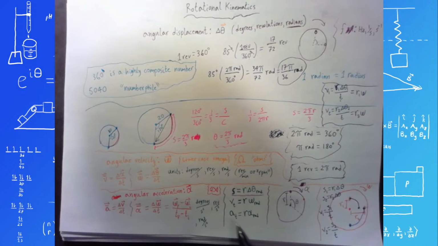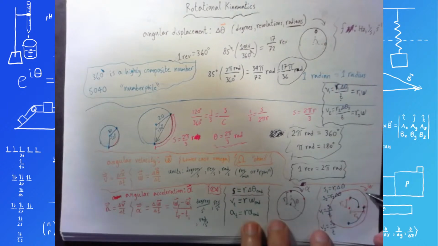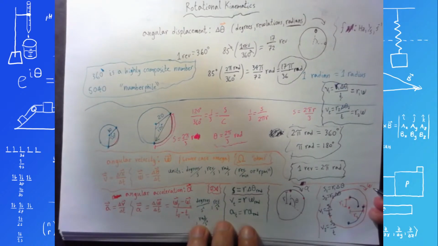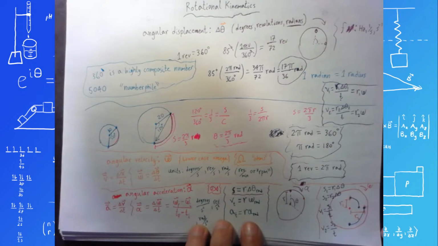and then you can follow similar reasoning for angular acceleration to tangential acceleration. If these two objects speed up because their platform is speeding up, then they would speed up at the same rate in terms of degrees or revolutions or radians per second squared. They would have to have the same angular acceleration, the same alpha, and if they started with the same angular velocities,